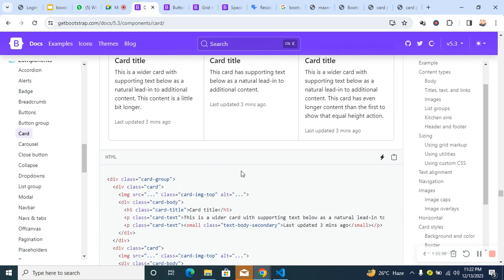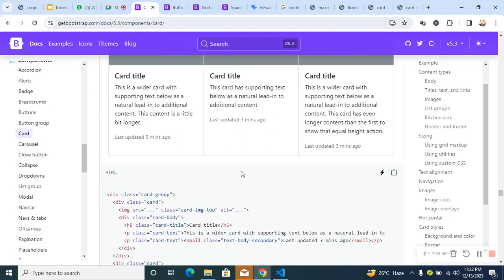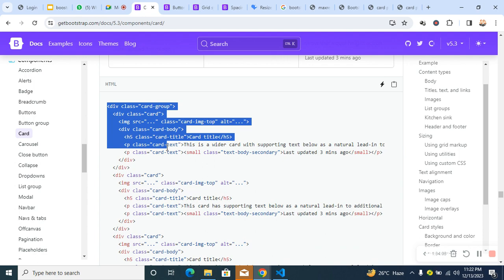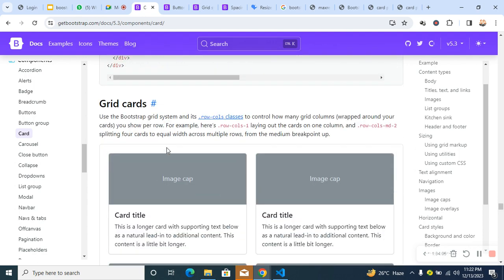So this group, no need to do that. Just go and do it by yourself. So this brings us to our end of